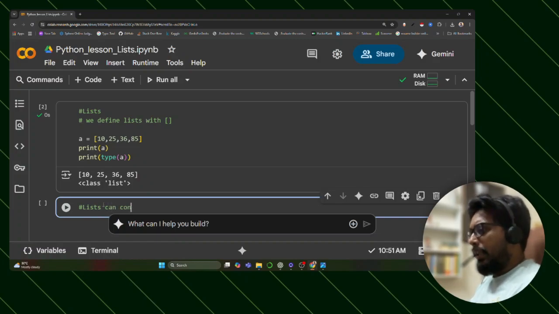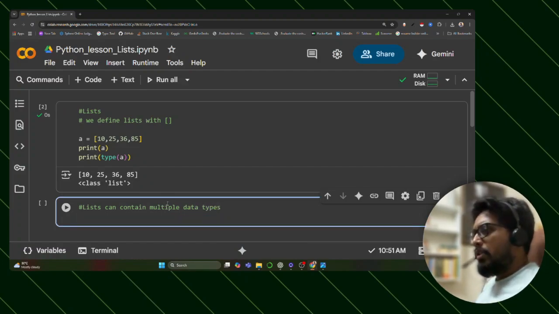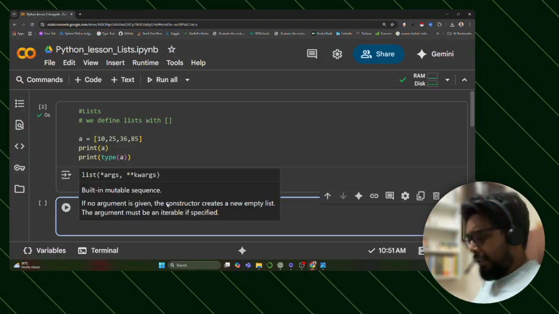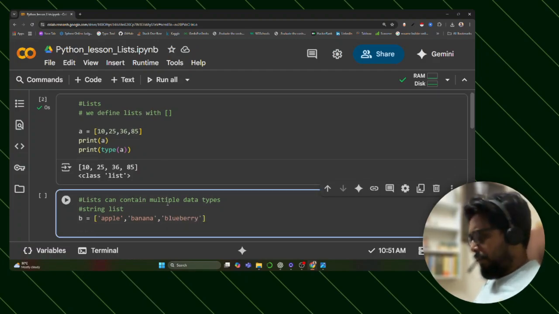Now, lists can contain multiple data types. What do I mean by this? So let's say I'm saying it's a string list. Okay, so I can simply say, let's say b equals apple, banana, blueberry. Okay, now let me print at the end, and if I do this,